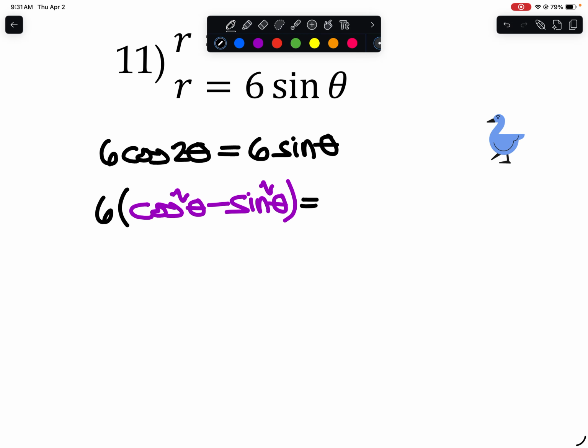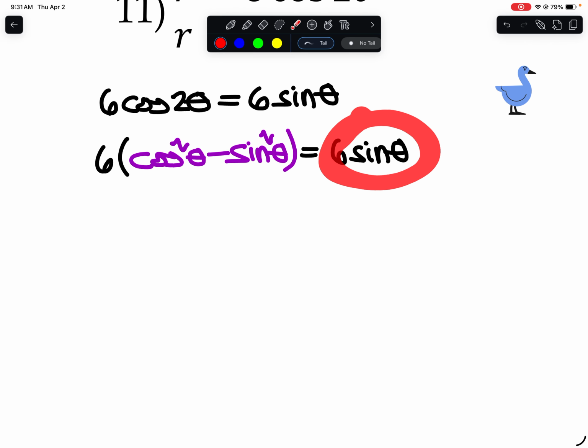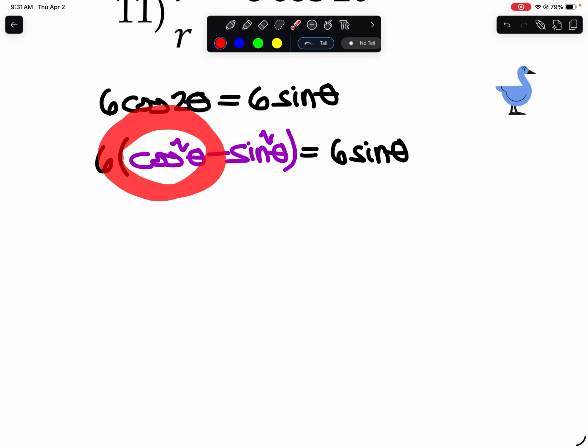And then that's going to equal 6 sine theta. Now, over here, if you look on the right side, notice that we have that sine ratio over here, and then we have another sine ratio over here, but then we have this cosine value here. So it's really going to be hard to solve this until we get everything in terms of the same trig ratio. So what that tells me is I'm actually going to change this cosine squared theta into terms of sine